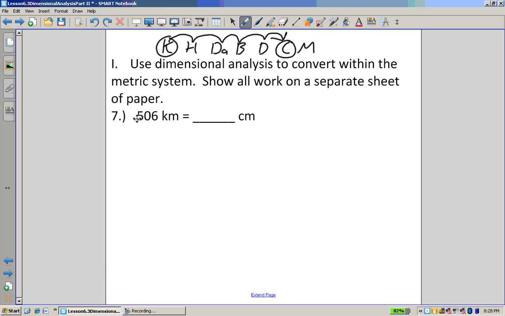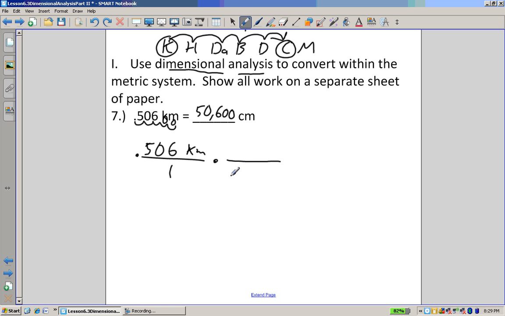So that means that we're going to move our decimal place 1, 2, 3, 4, 5 places as well. So this is 50,600 centimeters. Now let's go back and show our work using dimensional analysis. We're going to put the 506 thousandths of a kilometer in rational form divided by 1